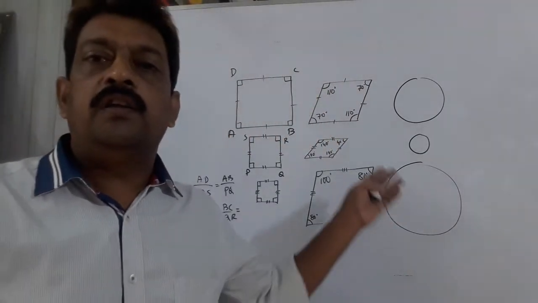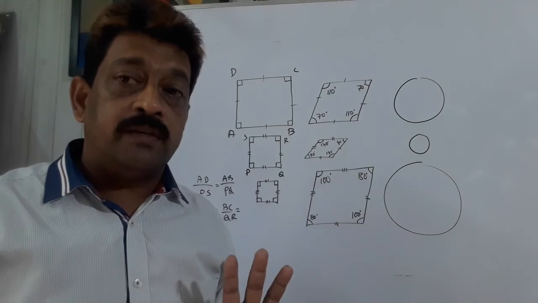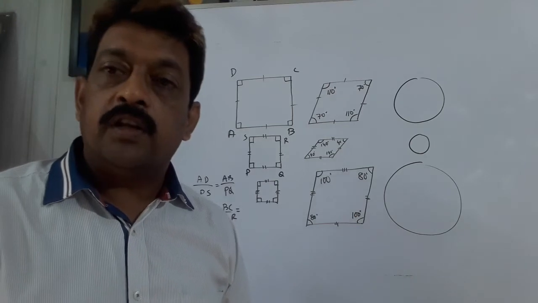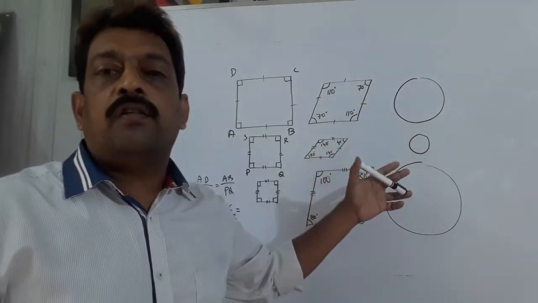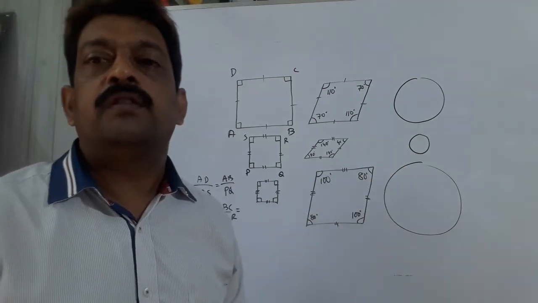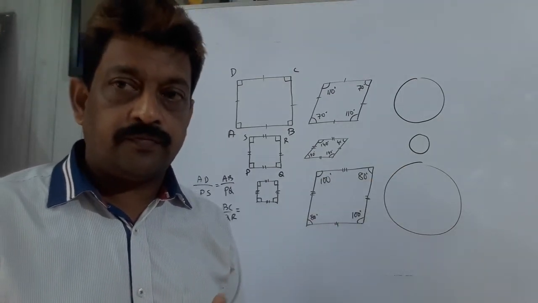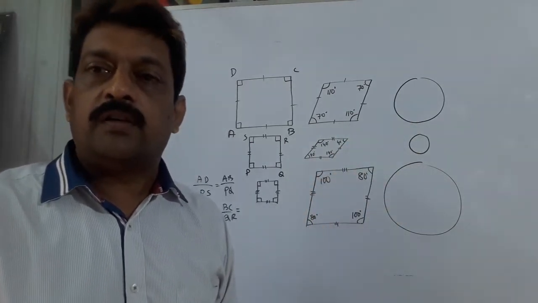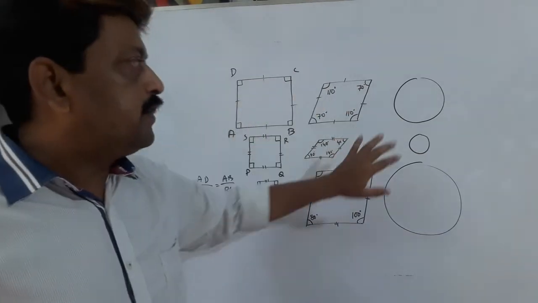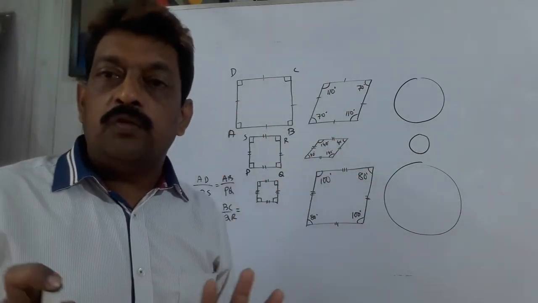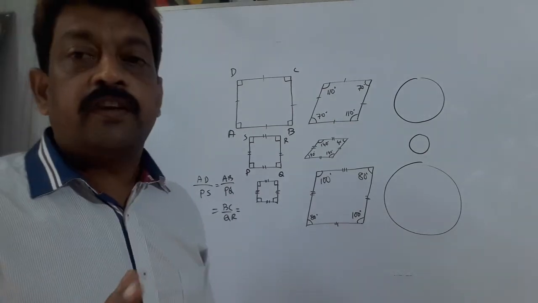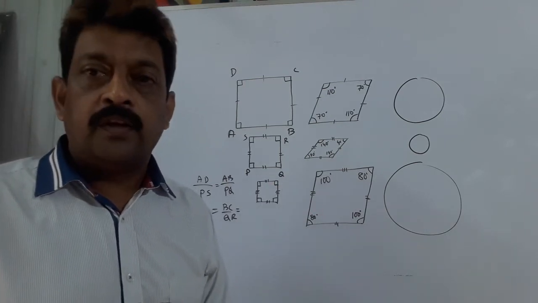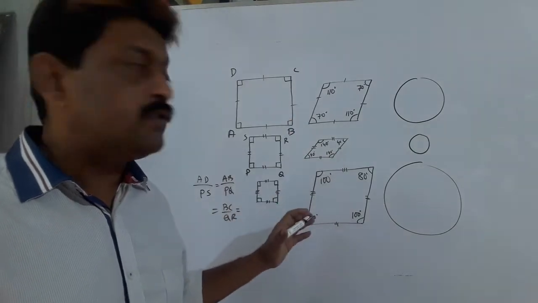So from the figure it is clear that all the circles look the same, meaning their shape is the same. So we can say that circles are similar because they have different radii, meaning they have different areas, but their shape is the same, they look the same. So all the squares are similar. Understood? So from these three figures we have come to the conclusion that in the case of similar figures, their shape and angles, if angles are there, are the same, but their size differs, their areas differ.